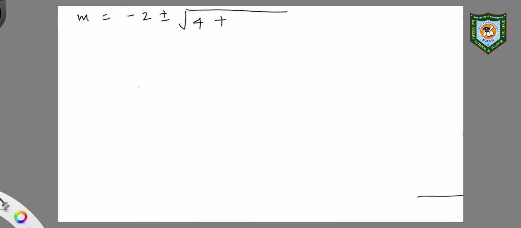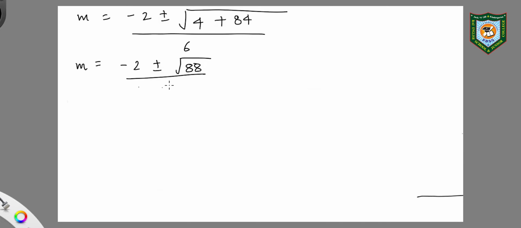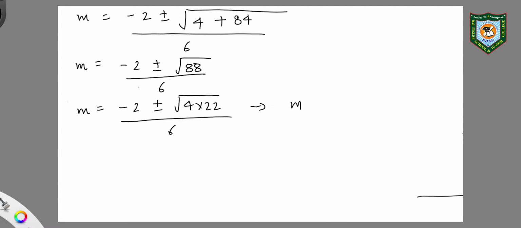So here I have 4 plus 84. This is divided by 6. So m is equal to minus 2 plus minus under root 88, divided by 6 again. Now the one way I can write 88 is 4 into 22. So what happens here is that I can take under root 4 outside the square root and I can write it as 2. So this becomes minus 2 plus minus 2 under root 22 divided by 6, which can be written